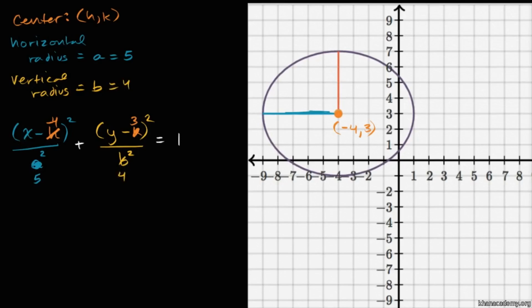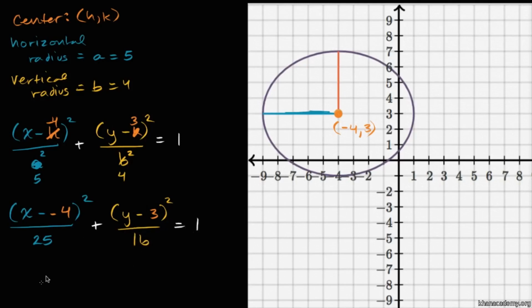So we can rewrite this as, x minus -4, and we can simplify that in a second, x minus -4 squared over 5 squared, over our horizontal radius squared, so it's going to be 25, plus y minus 3 squared, y minus the y coordinate of our center, y minus 3 squared, over our vertical radius squared, so b squared is going to be 16,